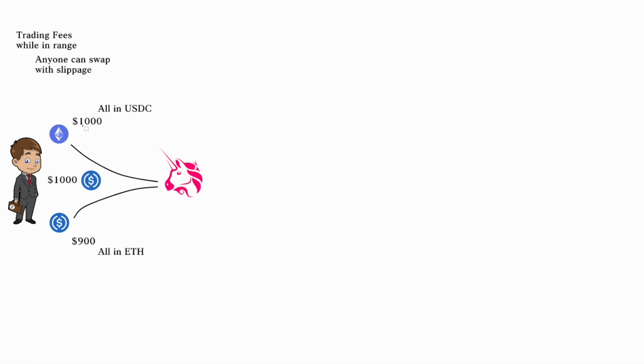You can kind of think of it like these ranges are like the points where I want to sell all of it, okay? So I either want to sell all my ETH to USDC when it goes to the top, or all my USDC to ETH when it goes through the bottom, okay?